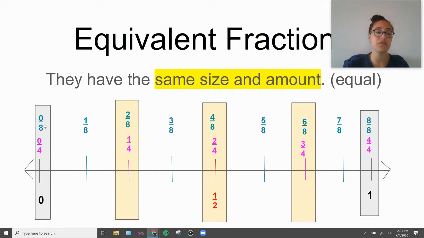I have 0/4 or 0/8. I break it into fourths first, then I break this 1/4 into half again. So now I have 8 total pieces to make 0/8, 1/8, 2/8, 3/8, 4/8, 5/8, 6/8, 7/8, 8/8, which is also equal to 4/4. So if I have 4 pieces, I can break each piece into half and we get